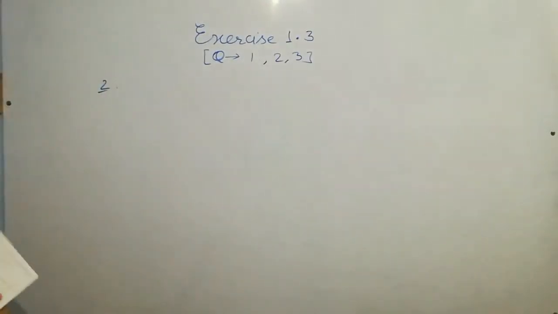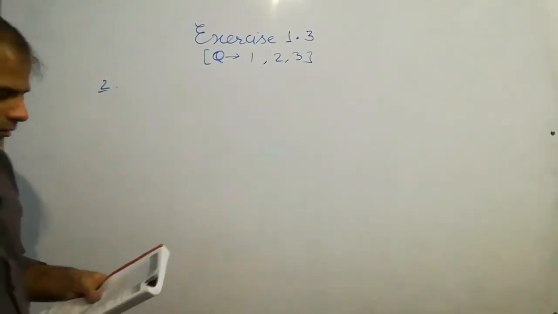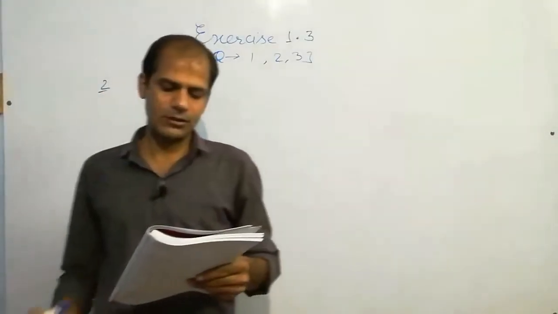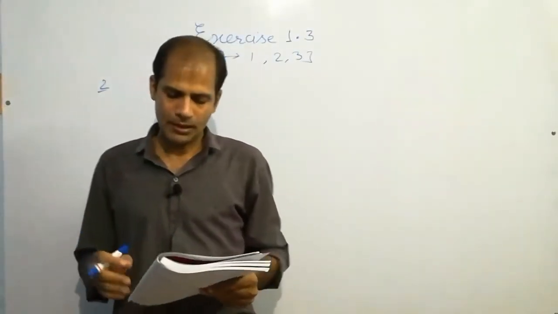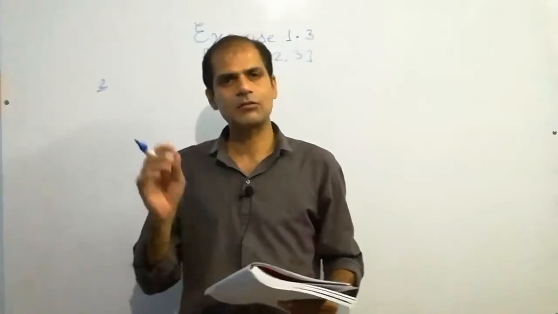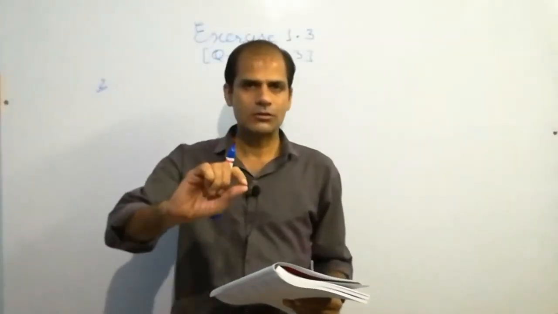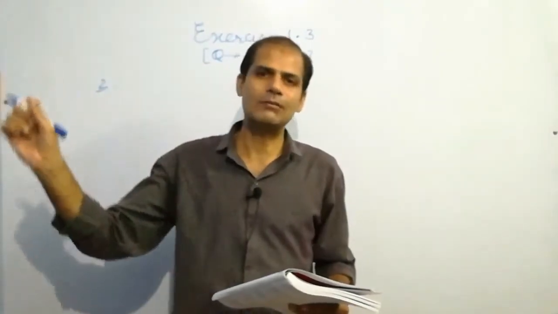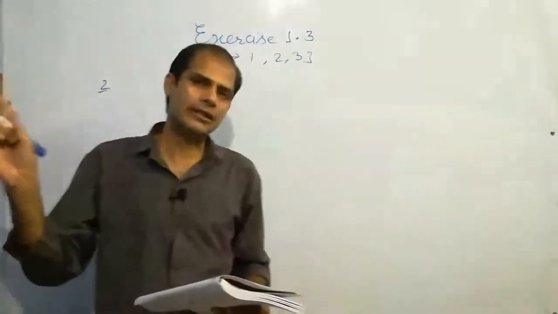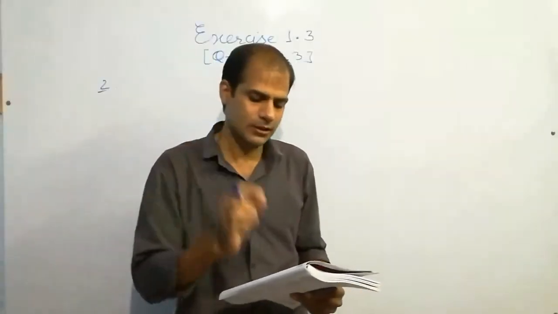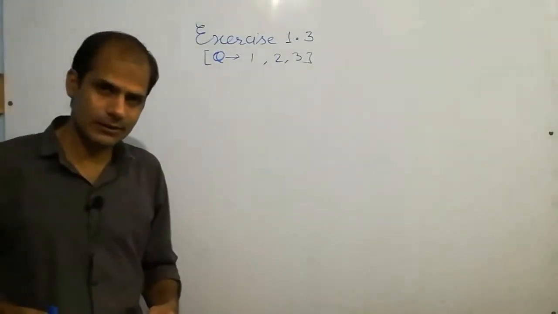Second question. The distance between the school and Rahim's house is 1 kilometer 420 meters. Every day he walks both ways. Both ways means when he goes to school and returns back to his home. जब वो घर से स्कूल जाएगा तो फिर से रिटर्न होकर अपने घर आएगा. It is both ways. Find the total distance covered by him in 5 days.